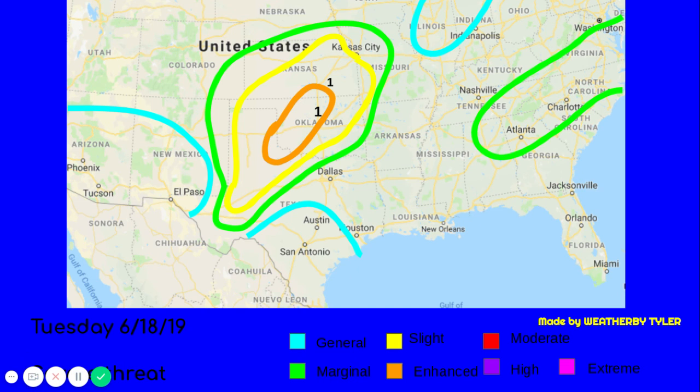So the reason I'm posting pretty late tonight is because I've been looking pretty much all day to find a new way to make my updates, and I figured out this is the less ugly way I could do it. You see, we're inside this green box is marginal. This is marginal over here, enhanced inside the orange box. This is kind of like how the storm prediction did it a lot back in, I think, the 90s and the 80s. They outlined it, but of course, this is a little bit more modern than that.